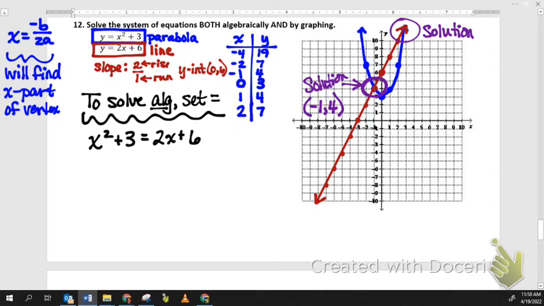Well, I want numbers so that I can graph them. So I want the outputs to fall in between here and here. So that's why when we put the negative 4 in and we saw 19 as an output,